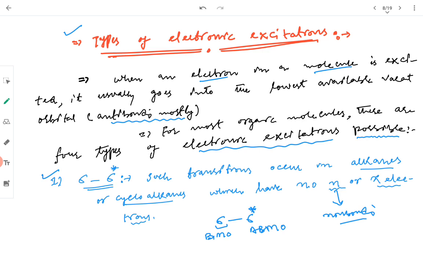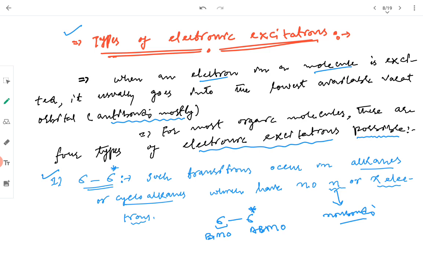First of these transitions is the sigma to sigma star transition. This transition starts from a sigma bonding molecular orbital and lands in a sigma antibonding molecular orbital. And clearly, such transitions can occur only in alkanes or cycloalkanes, which have no non-bonding electrons or pi electrons. So such excitations occur in alkanes or cycloalkanes, and